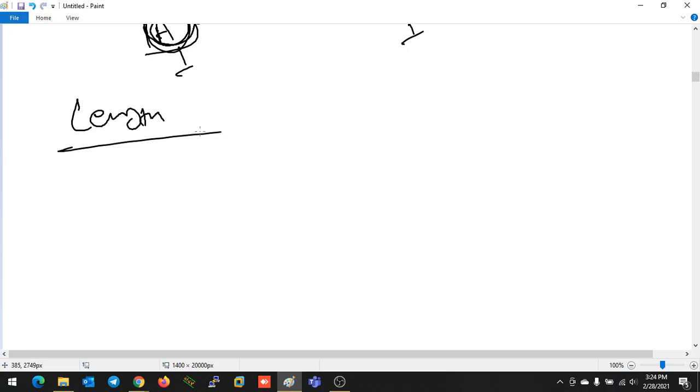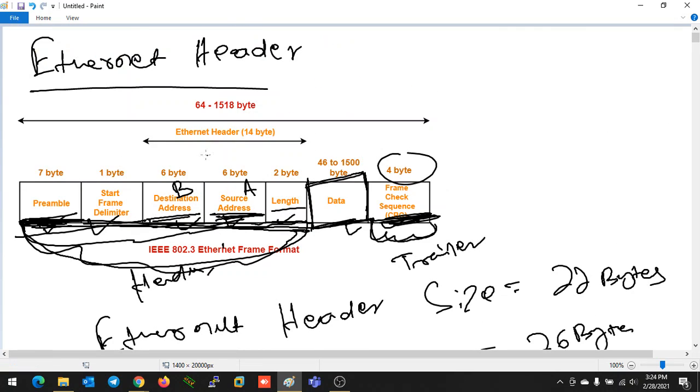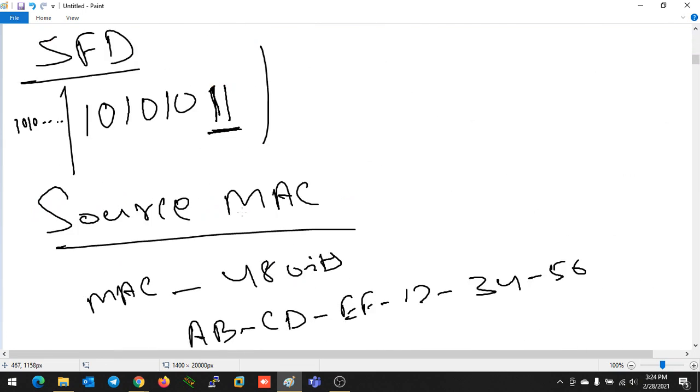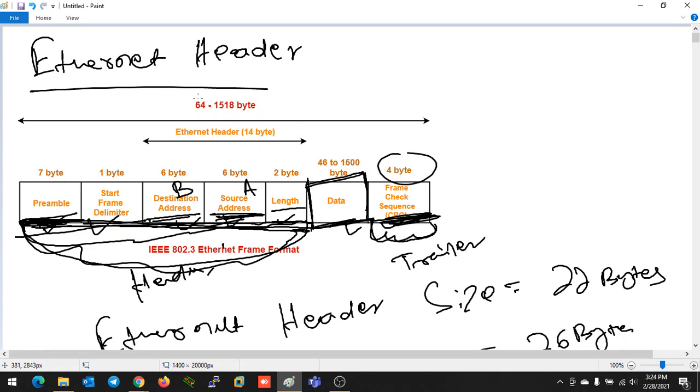What is your header size? By default, if you are using preamble and SFD, then your total header size will be 22 bytes. Then it will mention that the length of your header is 22 bytes, if you are not attaching any extra information.